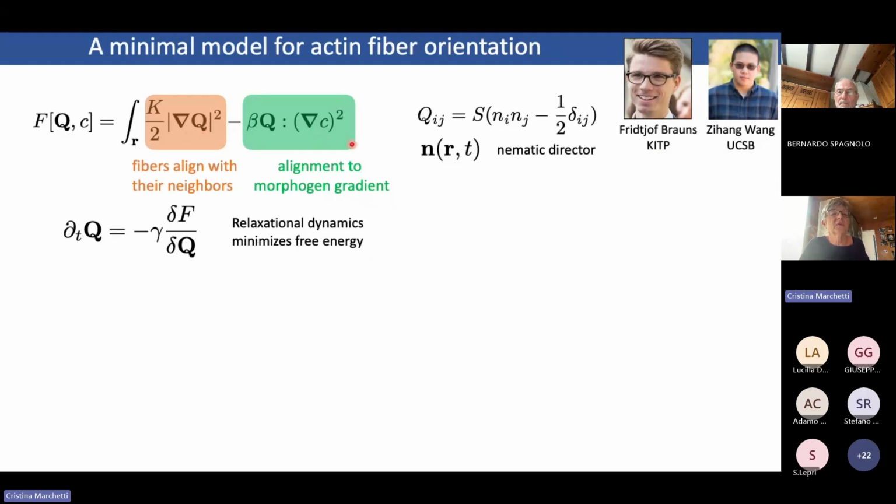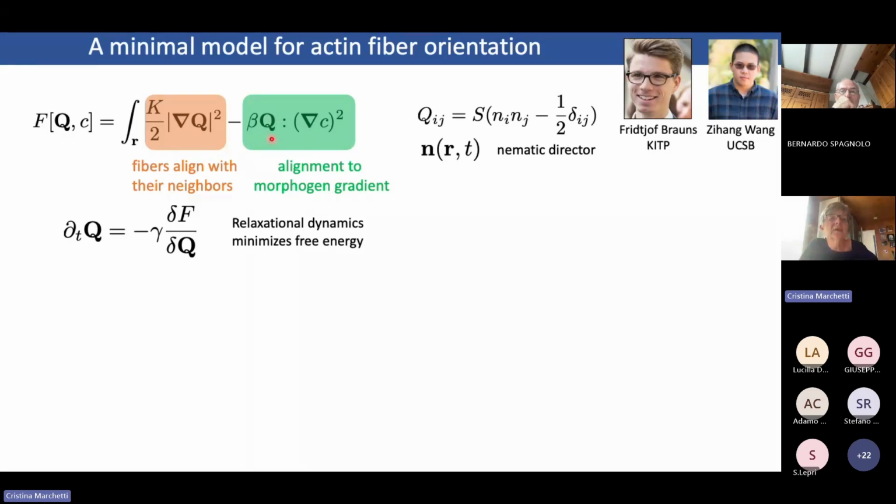In fact, this is for now a completely equilibrium model. And so I write a free energy in terms of the nematic order parameter Q and the concentration C of the morphogen. So this first term is the elasticity of the nematic. It essentially says that the actin fibers tend to align with their neighbors, tend to suppress gradients of Q with some energy cost K, my elasticity that I introduced before. The second term in green